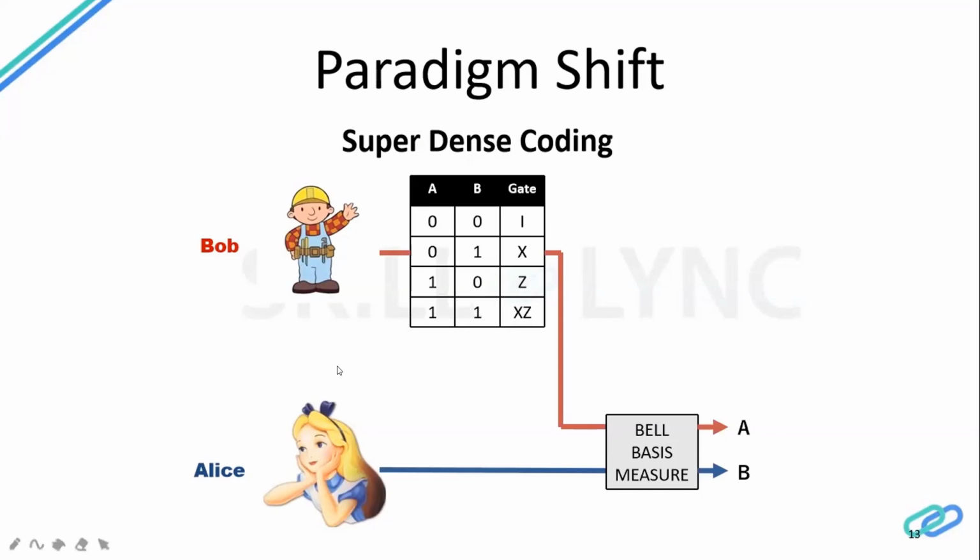You can have entangled electrons. Like I said, two electrons are used for entanglement. After entangling, one can be given to Bob and one can be given to Alice. When Bob wants to send some information, he modifies one electron, and that modification is reflected in Alice's electron. So it is very, very secure, and it is called superdense coding.